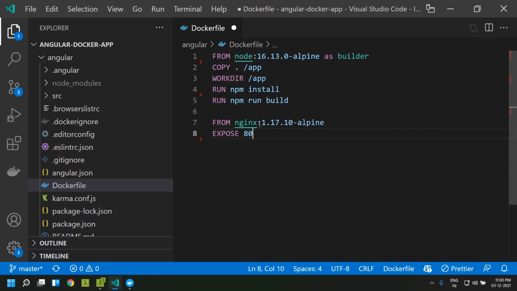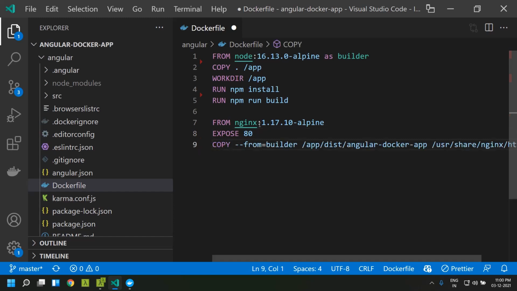After that, Nginx by default starts up on the port 80. So here I am using the expose keyword. Expose is like a contract which mentions that the Docker container will be listening on this particular port, and it does not actually publish this port. For publishing, we need to do an explicit command in our CLI. So this is just a contract to inform the user that the container will be listening on the port 80.